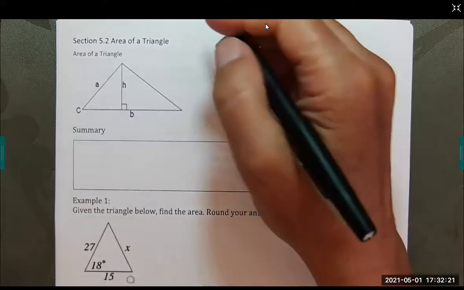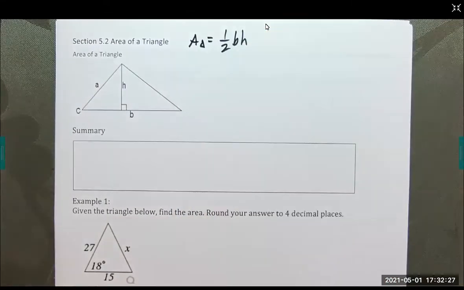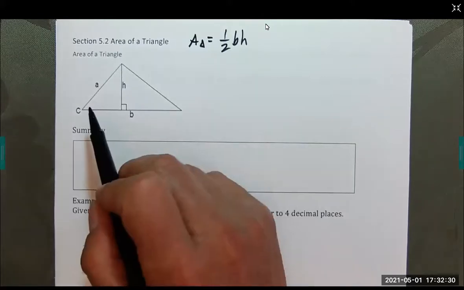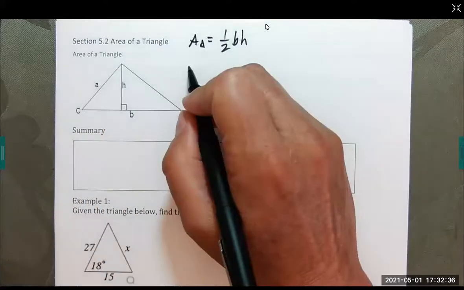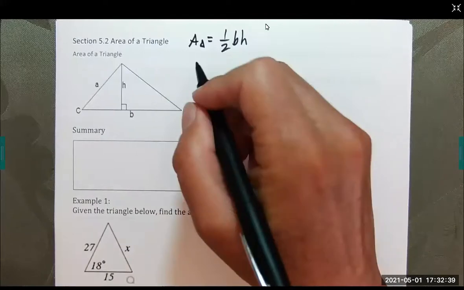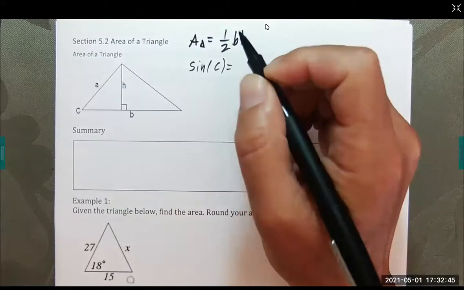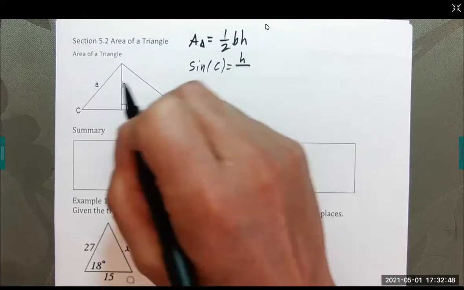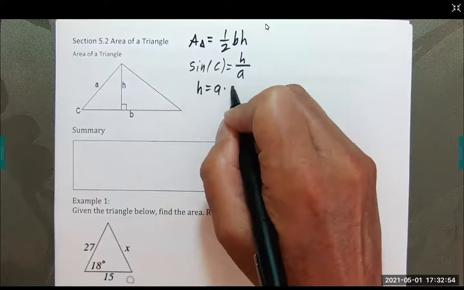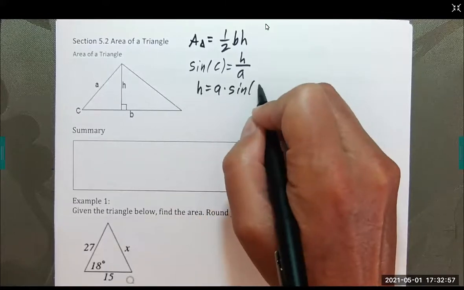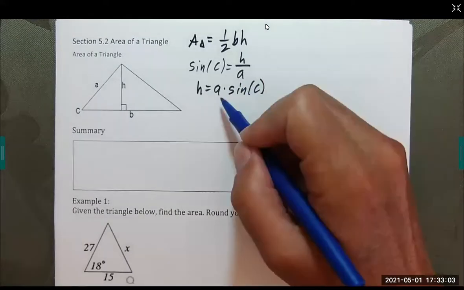A traditional area formula of a triangle is 1/2 the base times the height. Which is certainly true. However, we're going to use some trigonometry and notice that relative to angle C here, the opposite and the hypotenuse form for us sine. So sine of angle C is the opposite, H, over the hypotenuse, which is A, which means that H is equal to A times the sine of C, angle C. And we are now going to replace this H with all this,